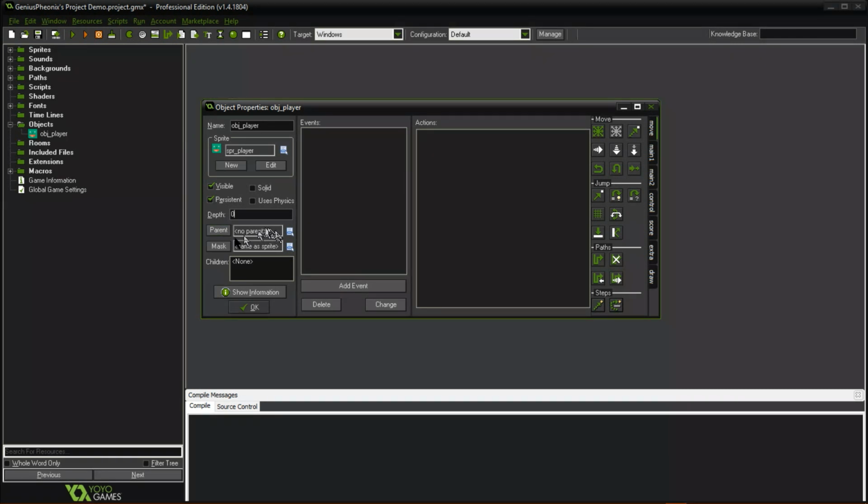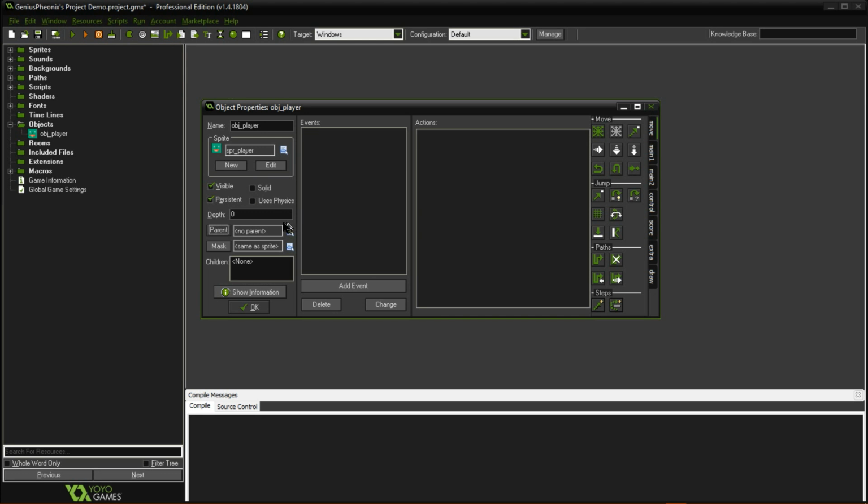Parent. So the parent is to do with, well, I don't know what I've done there. Don't know what that button does. The parent is to do with, so you have to have another object for parent, really. And what will happen is, unless you've got a code action in here, or an action from one of these up over here, these drag and drop actions, in an event, the parent has events and actions that it carries out, and the child of the parent, so